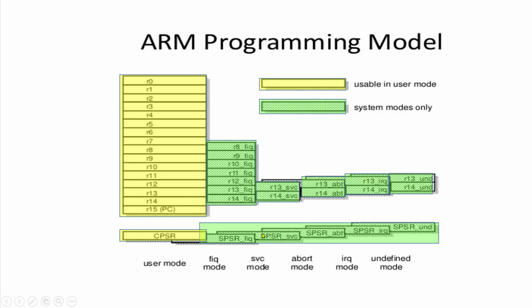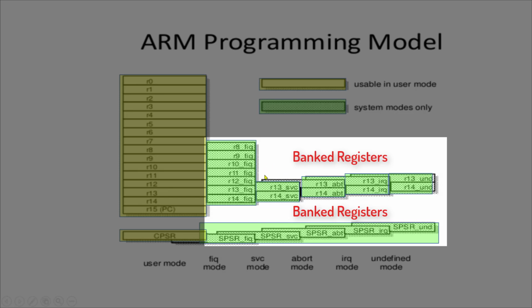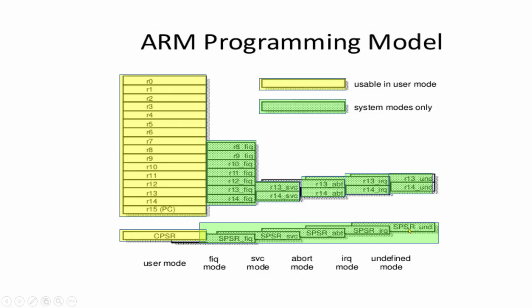Okay, and now you see the ARM programmer's model, and you can see the set of registers given here. All the registers available in the register sets are given here. As you have seen earlier, there are a total of 37 registers. From R0 to R15, 16 registers are here. All these are general purpose registers. And these 15 registers are also used for the different modes of operation. And the CPSR is the current program status register, and see there are 5 SPSRs available. Each SPSR will be used for the corresponding modes.